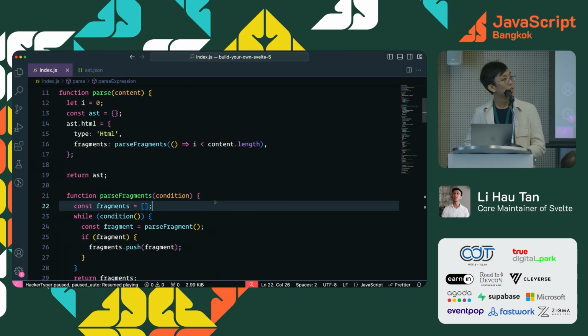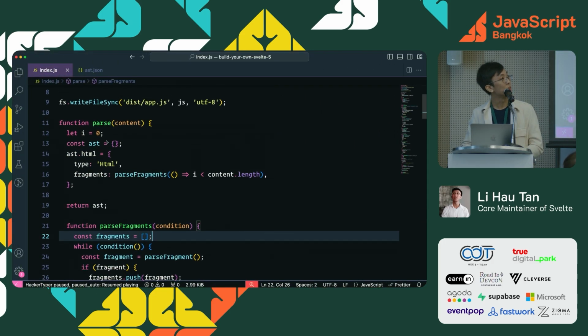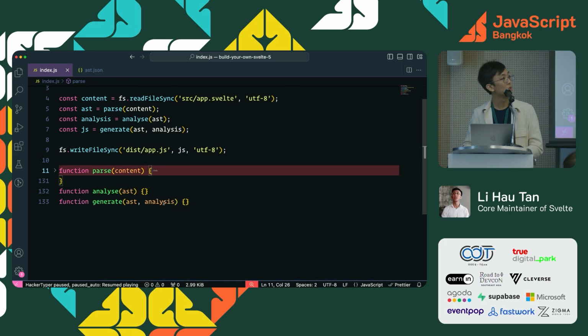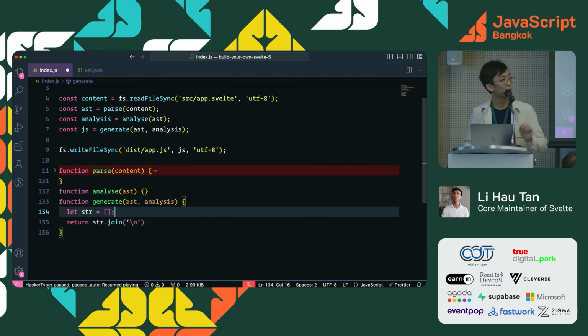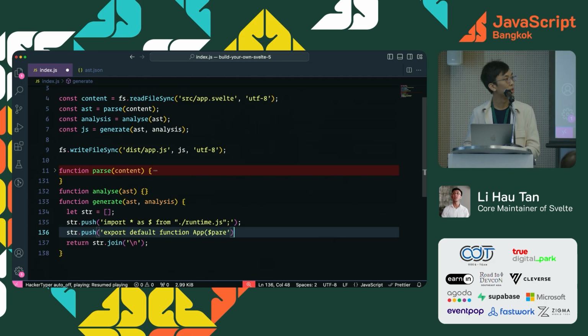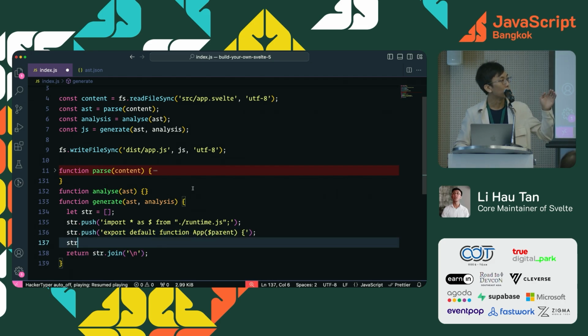So let's move on to writing this. First thing, let me collapse this. We're going to go to writing the generate function. We're going to create an array of strings, push to the string array, and then join all of them with new lines. So the first line,